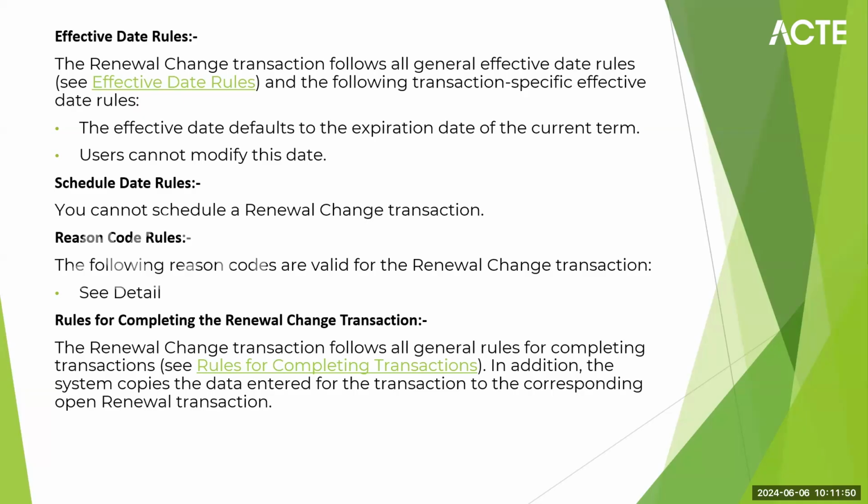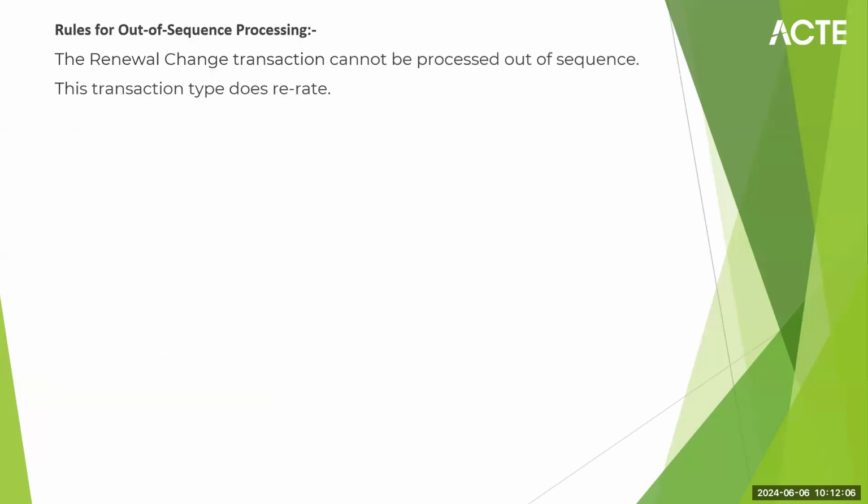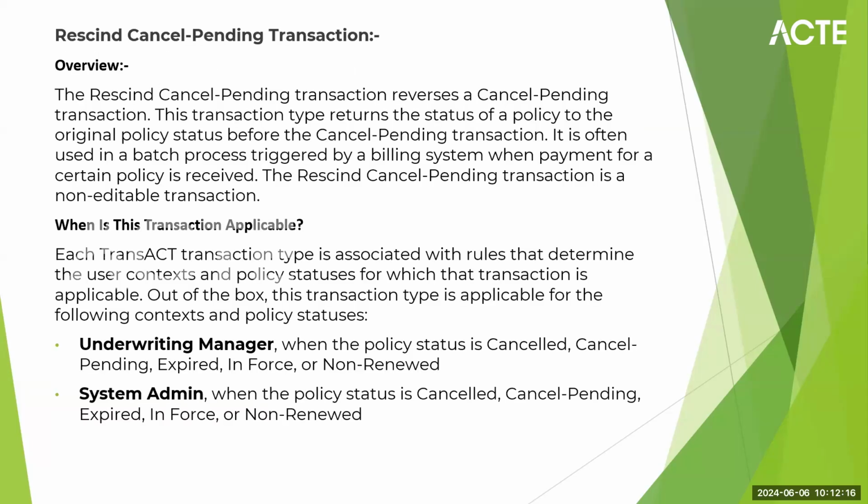So once you have done the renewal chain transaction, the renewal transaction will be applicable. User can perform the renewal transaction, whereas updated data will be updated in this renewal transaction as well. Okay, this out of sequence, the user cannot do once it is out of sequence. Okay. Resign,